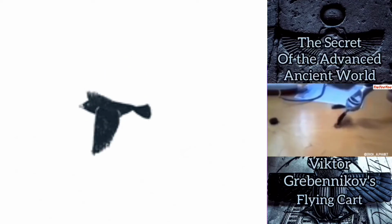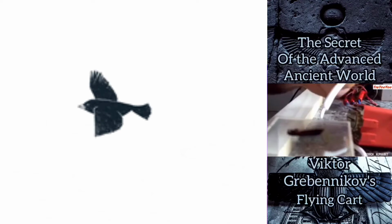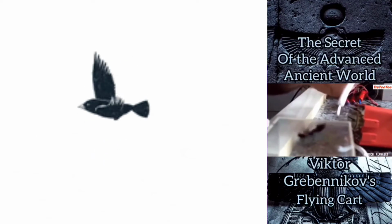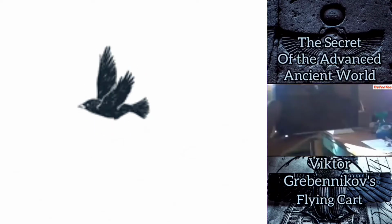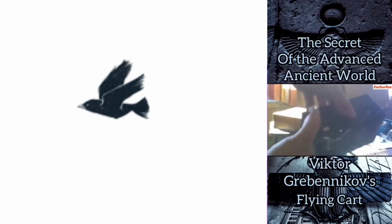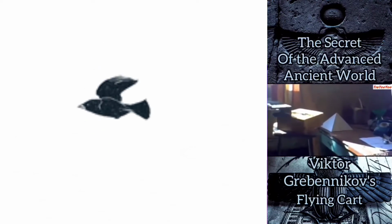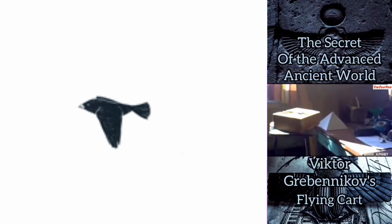Well, he said that there was an energy field that built up around this thing due to this gravity field building up in the platform, and by this building up, it built out a force field that basically surrounded him and protected him from the local environment. So even though he was flying at 1,000 miles an hour, you could be wearing your Sunday best suit and not get it to flutter a bit. I'm not sure I'd want to stand on something going 1,000 miles an hour that's 2 feet square. But